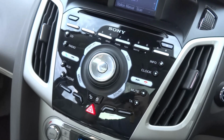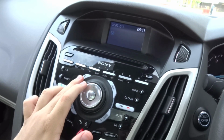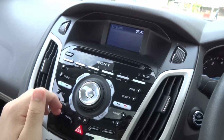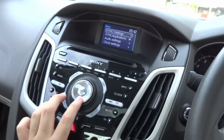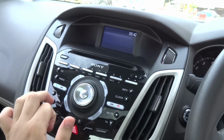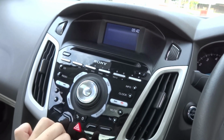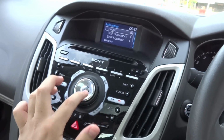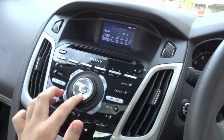And on the central knob, you do have your display. Turn it off partially or just leave it on. Your system menu does have Microsoft Sync, your clock settings, your audio settings, equalizer, sound system settings, treble, middle, bass, balance and fader,